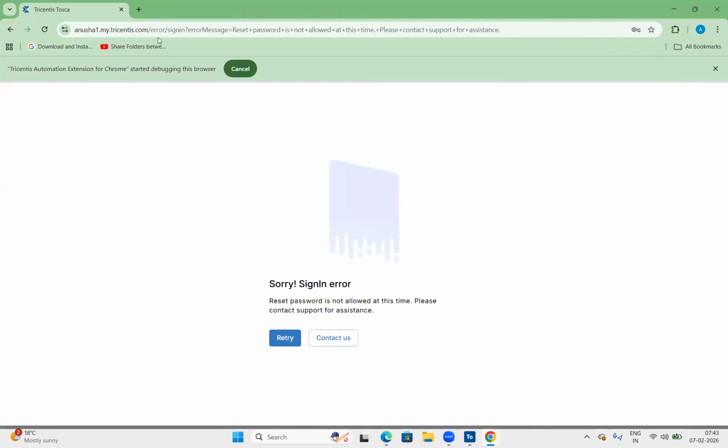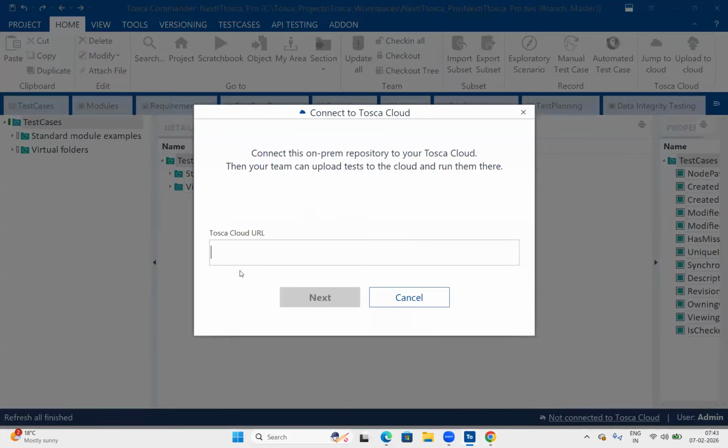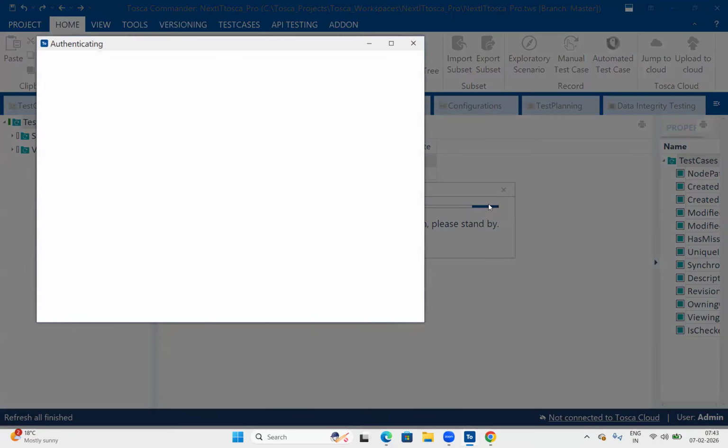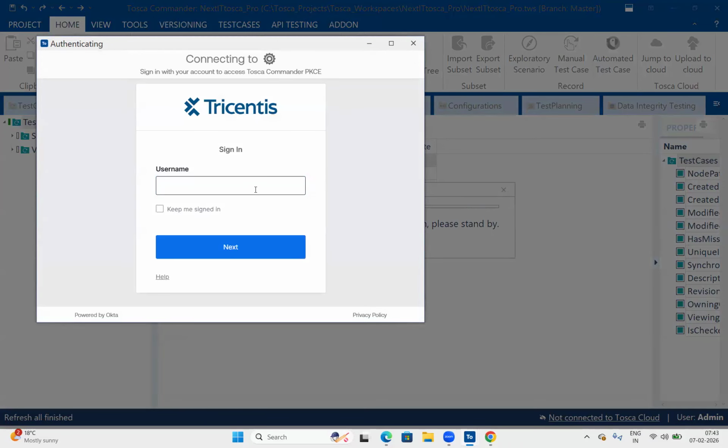Okay. So once you use this particular URL here, it directly connects to the cloud. That means in a single shot, you are running two things. One is you are just connecting to the Tosca Cloud, and later on, this authentication is mandatory, guys.